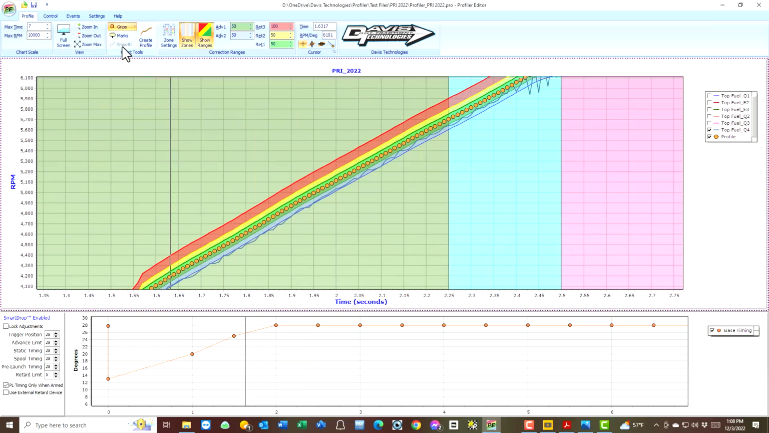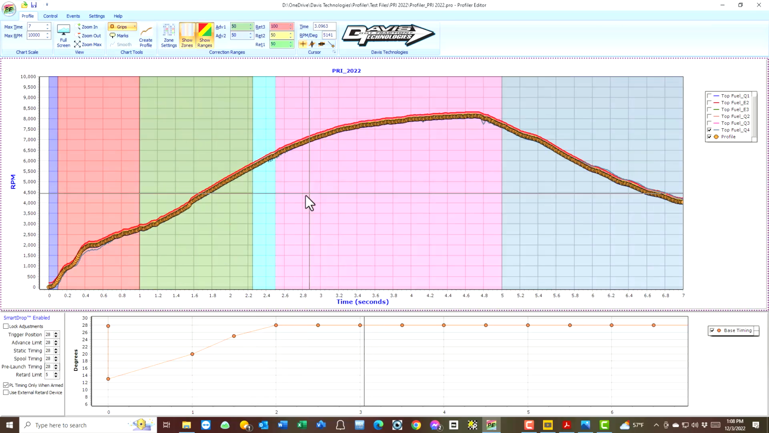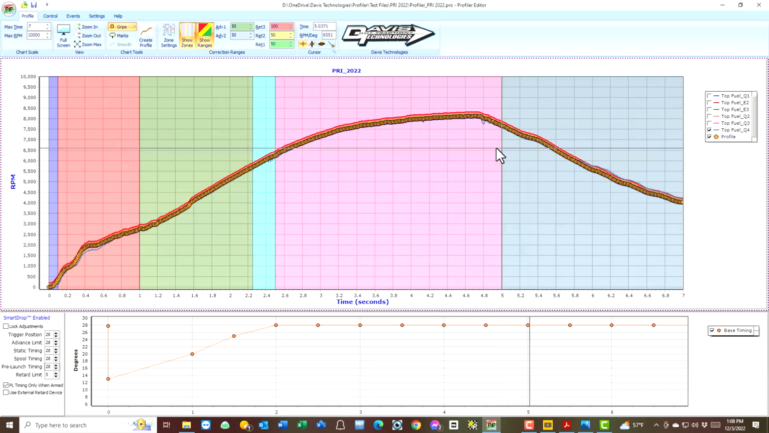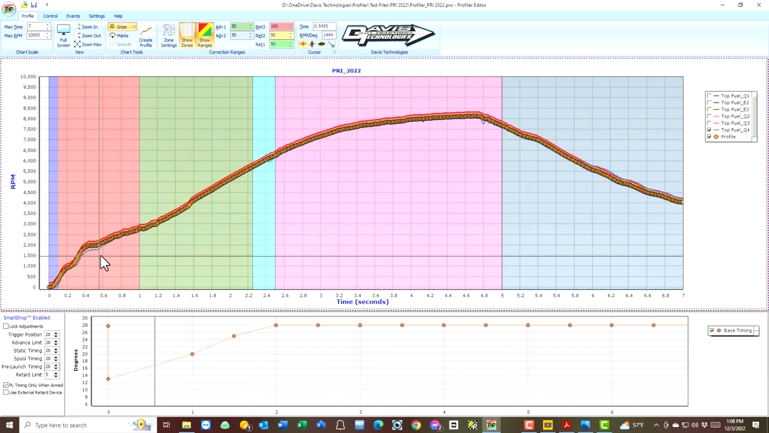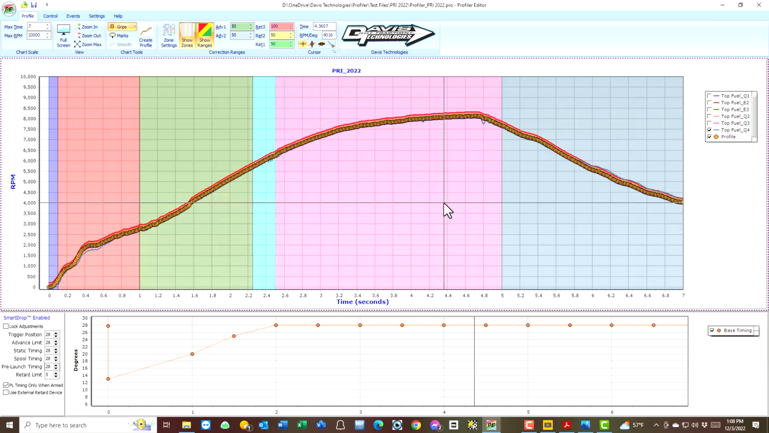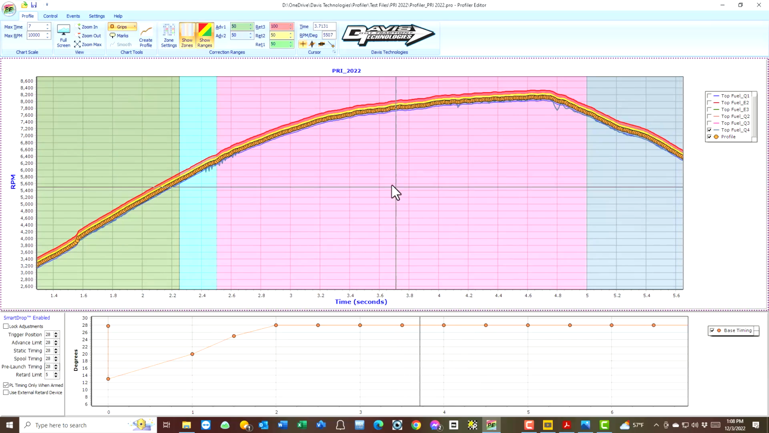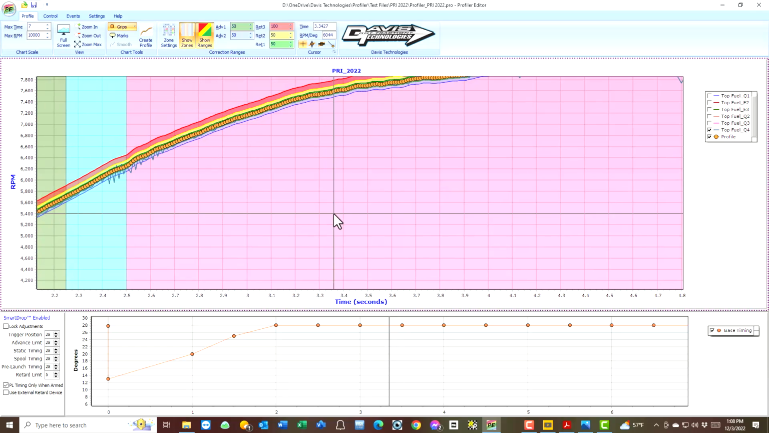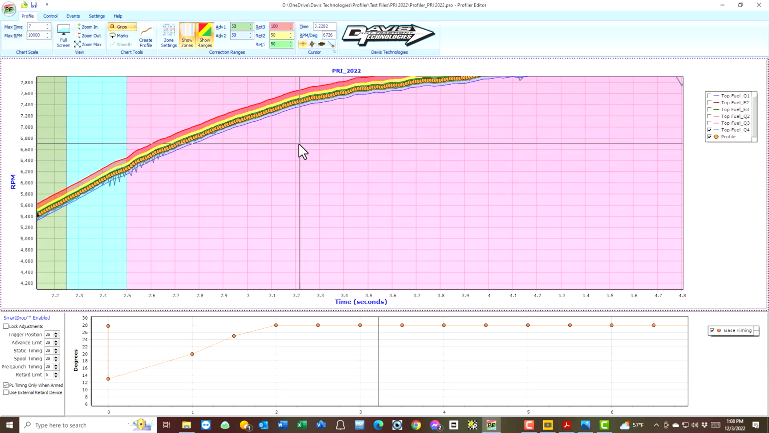So there's a brief overview, a little bit of how-tos on Profiler and what it's capable of. Again, remember, all this stuff's happening in excess of 1,000 times a second. It's accurate to 1 RPM. And just the way we measure RPM, we have 3 patents on, I think. So anyway,